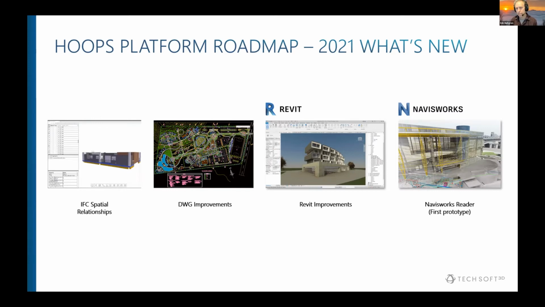Finally, one exciting thing that we rolled out last year was actually a first prototype of a new file format that we're going to be bringing out this year, and that is Navisworks. We know how important Navisworks file support is for our partners, if for no other reason than you can take so many different other file formats that we don't support, bring it in to Navisworks, and then export it out, and now you can bring that inside your applications. So Lionel is actually going to have more information on that on his slides. So that's what we did last year.